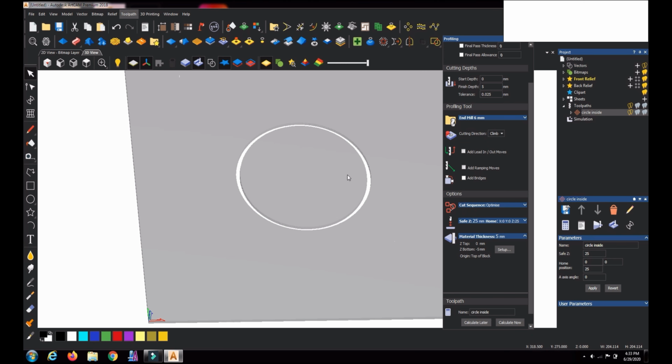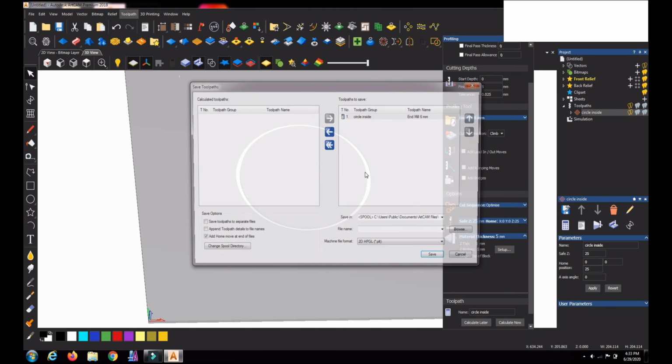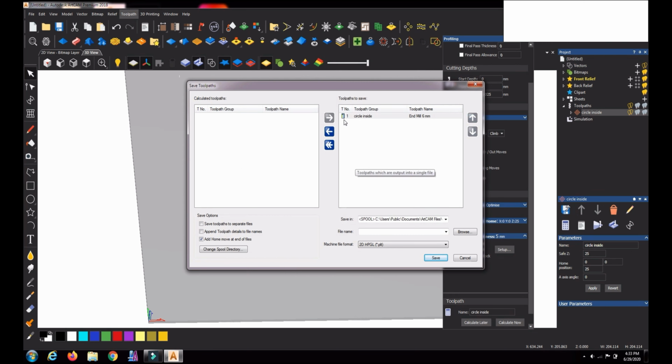Next, what we have to do is save the tool path. Okay, for that the next step is save the tool path. You click it here, save the tool path, that circle inside this program only, the toolpath only we have. So you click it, then you have to save it in a name like circle cut, like that you can save the name, for future reference.